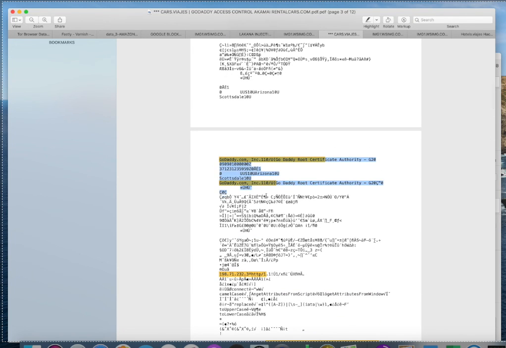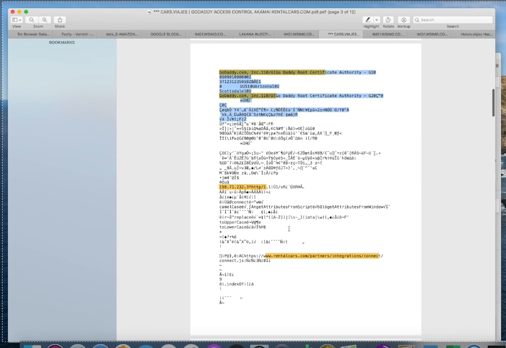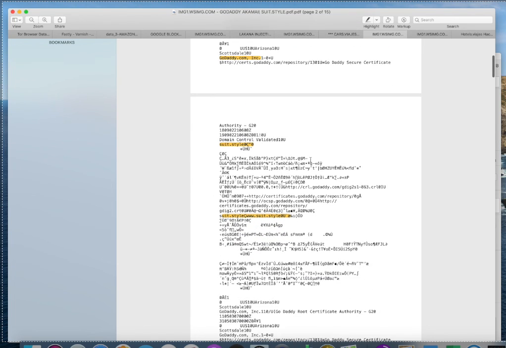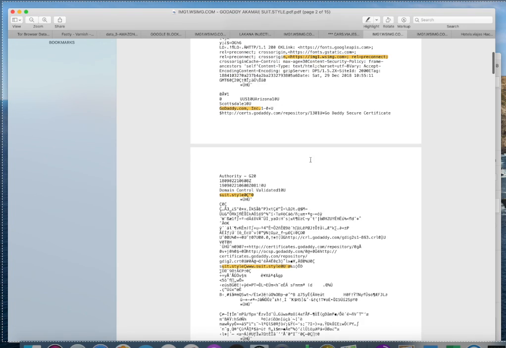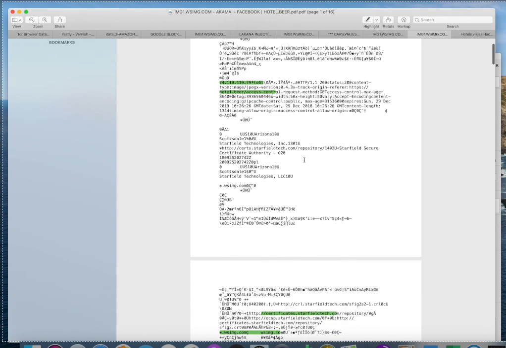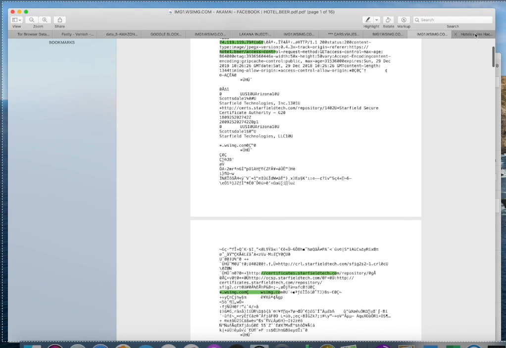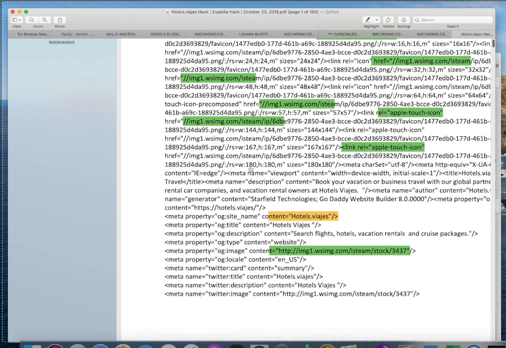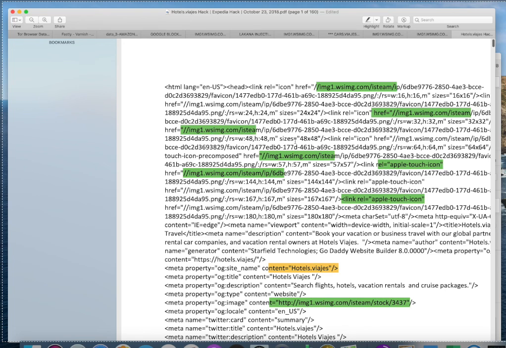Right here. GoDaddy. I don't have a rentalcars.com app. IMG. Suit.style. Being attacked. Hotel.beer. And this is hotels.viajes injected with their IMGs.